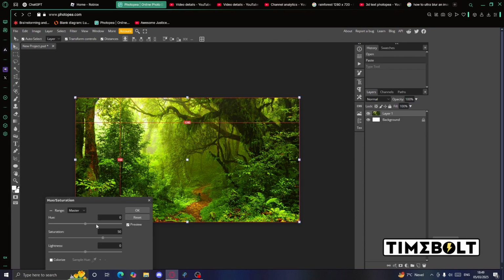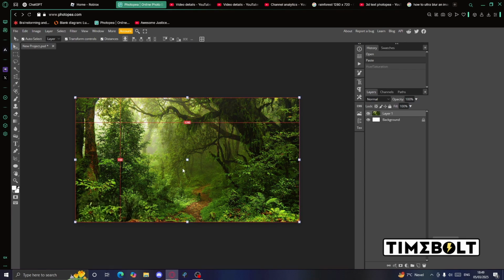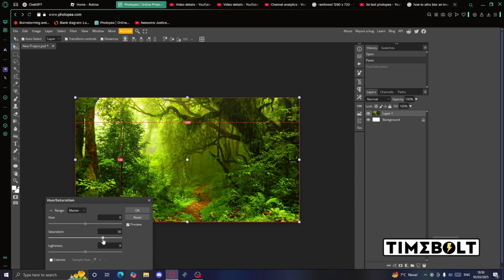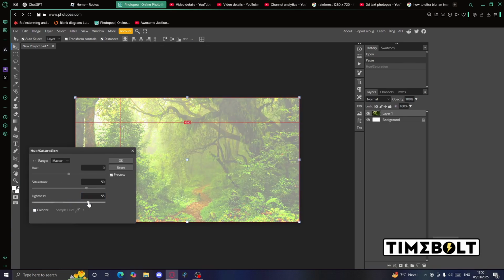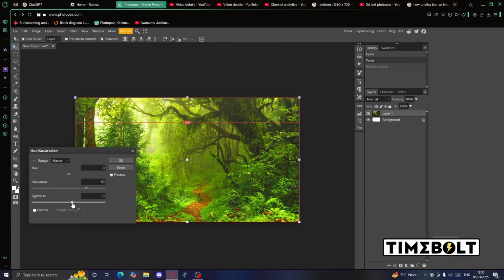So personally, I think 50 looks good. You know, like we brought it from this to this. That's already an improvement. So personally, I think leaving it at 50 looks good. And then here in the same window, you can go to lightness and then make it maybe a bit brighter. Obviously not this, because then it's just white. But I'd suggest upping it to about 10 in this case, just so there's a bit of extra brightness. So then we take it from this to this.